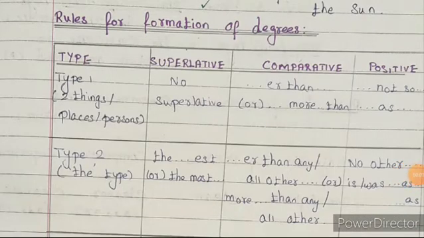Now let's practice the rules for formation of degrees. There are three types. Now let's practice the first type, with two things or places or persons. There is no superlative in type 1. In type 1 comparative degree, we have to use "-er", that is, either "-er than" or "more than". We use these words to identify the comparative degree. And for the first type, for the positive degree, we have to use "not so" or "as". And then for type 2,